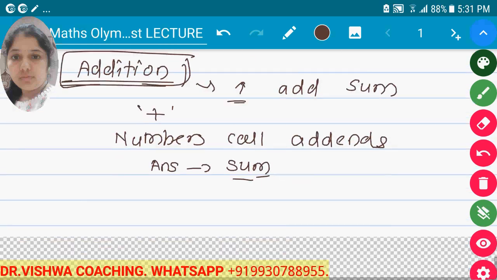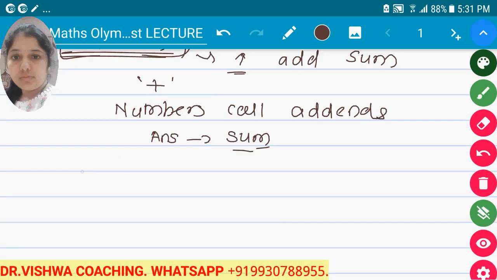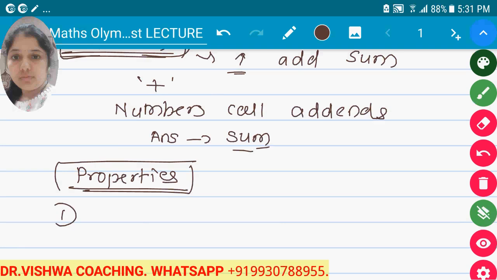Okay, now there are some properties of addition, and those properties are the same as those of multiplication also. Okay, so which are the properties of addition? So first property is commutative property. What is meant by commutative property? So commutative property tells us that we can add